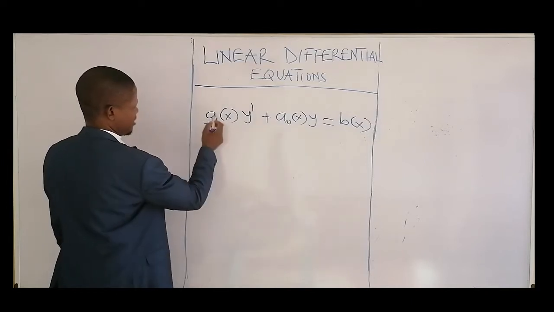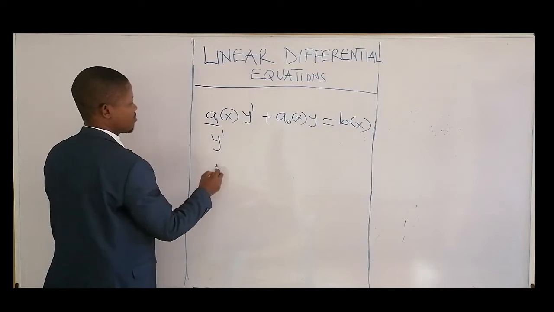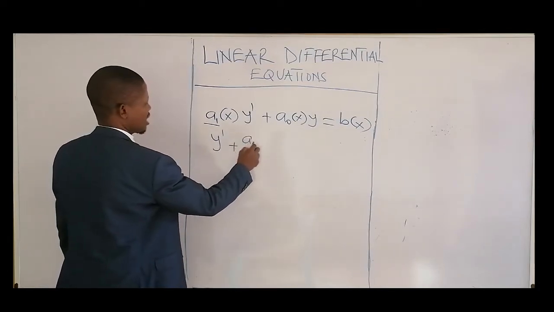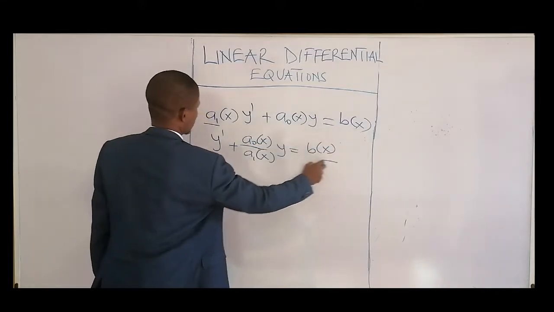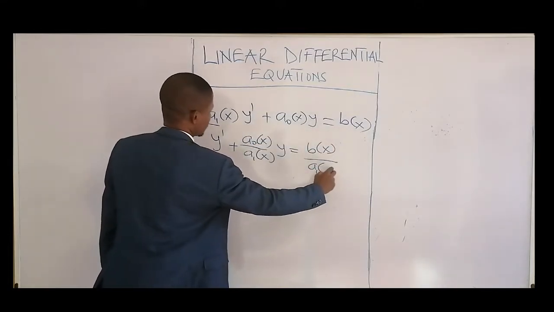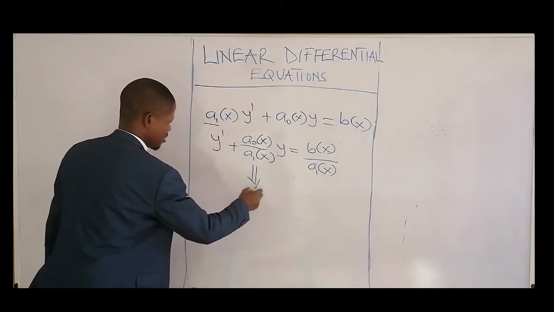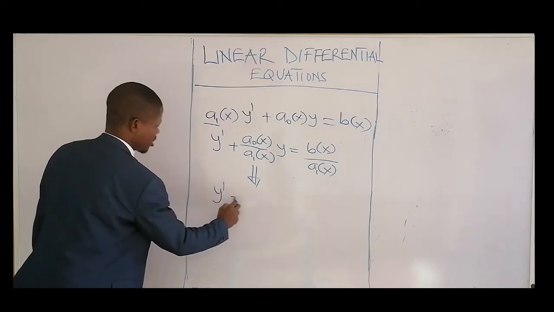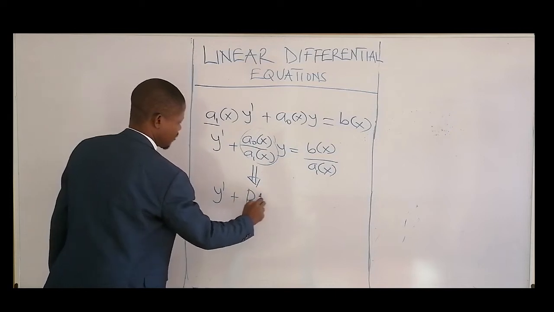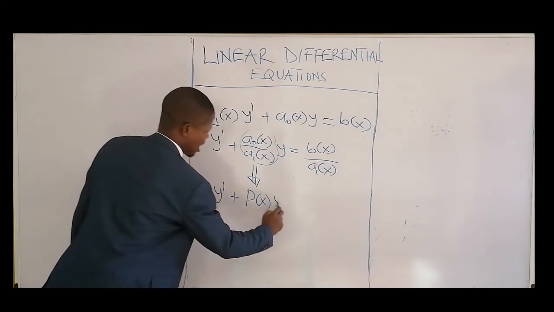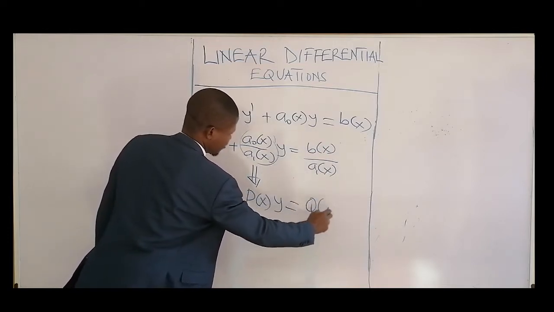dividing the equation by the coefficient of the first derivative, and that will be equal to y prime plus a naught as a function of x, b as a function of x all over a1. Okay, and you can now transform this finally to this form, and that will be y prime plus this fraction here, we can just call it p of x, y equal to what? And you can call this fraction here q of x.